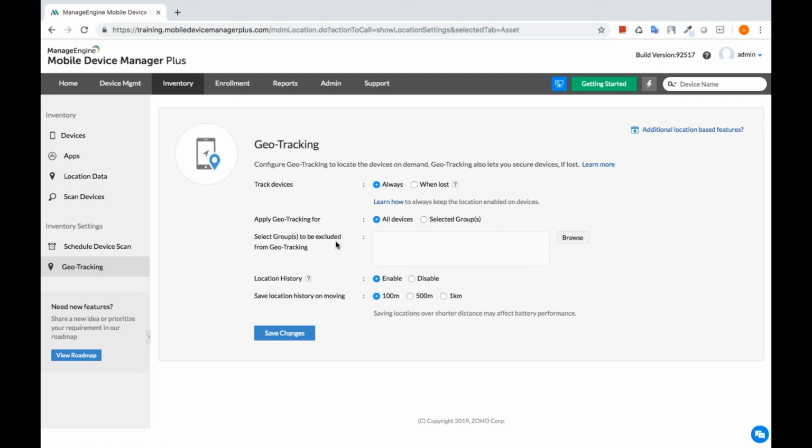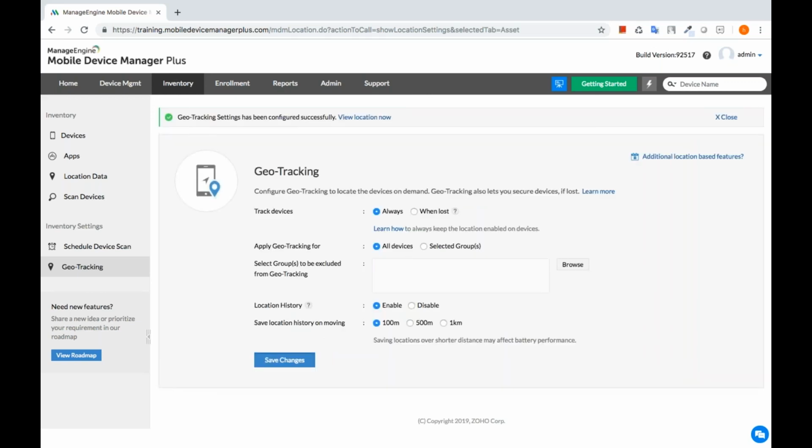Now, in case you want to enable location history, you select the option enable location history, and then configure when the location needs to be saved. In case you want the location to be saved on moving even small distances such as 100 meters, you can select that option. In case you want it to be done for larger distances, you can select 500 meters or 1 kilometer as well. So once you do that, you click on Save,